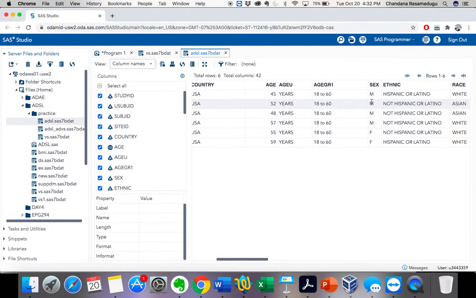It depends on company to company. In my company they use the name code dictionary, but in my previous company they used the name readme document. So it depends where you work, you can use code dictionary or anything. Based on the code dictionary I will name this M as male.